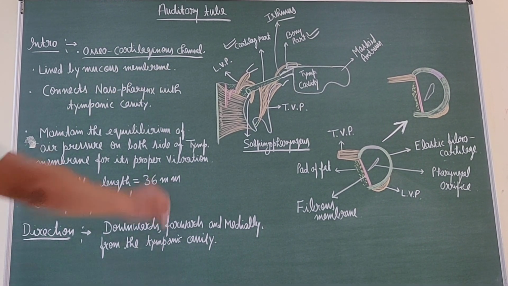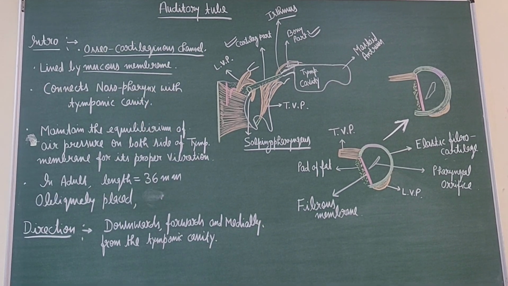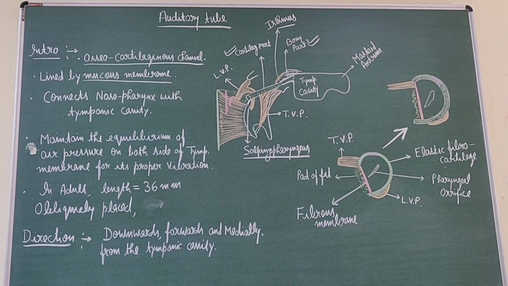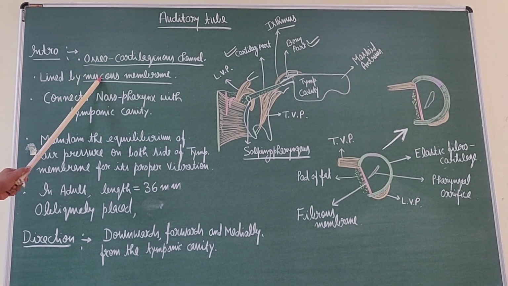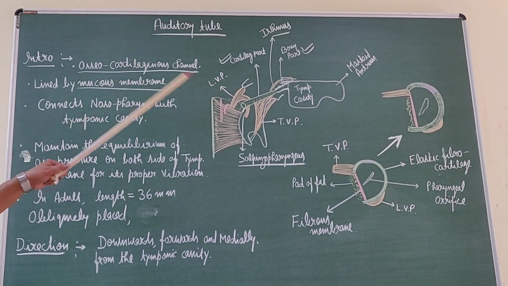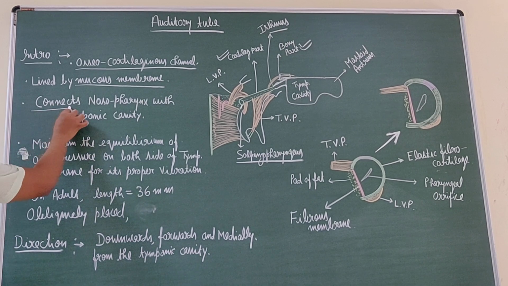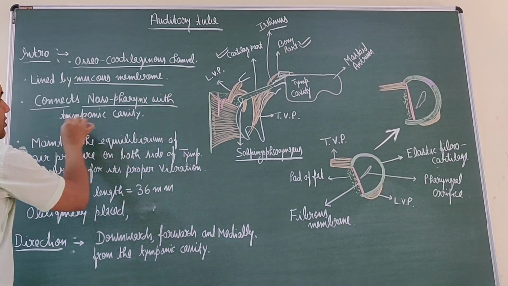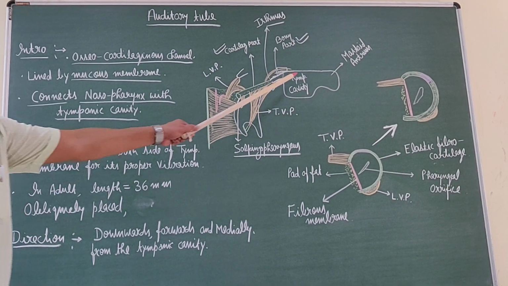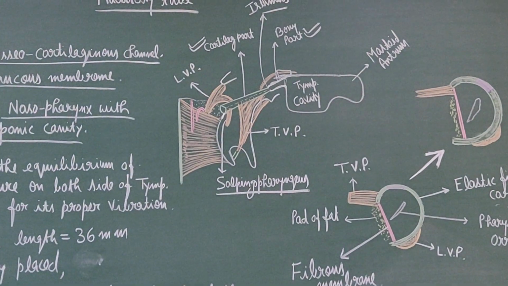It is lined internally by the mucous membrane, that is of the nasal cavity, pseudostratified ciliated columnar epithelium that lines this tube internally. This auditory tube connects the nasopharynx with the tympanic cavity. This tympanic cavity and the nasopharynx are connected by this eustachian tube,